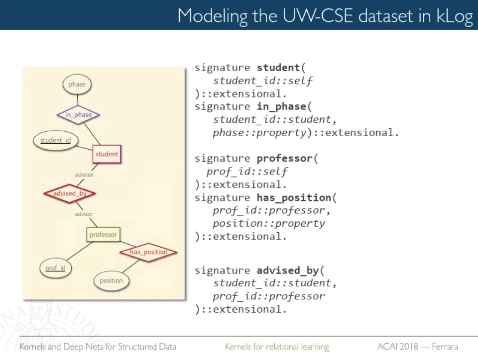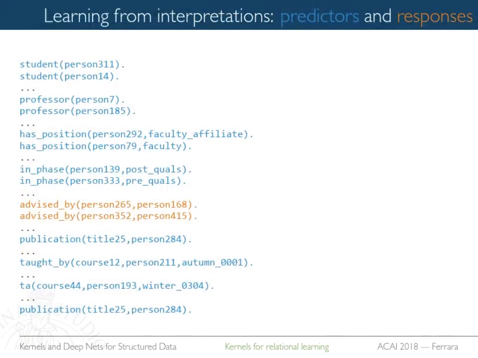By contrast, intentional signatures are something where you can write down the rules in Prolog to obtain the tuples. They're not given in the data, but you can compute them from the data, okay, using Prolog declarations. And that's where you put your background knowledge. So this stuff is given, is in the data. And if you look at the data, this is what the data looks like.